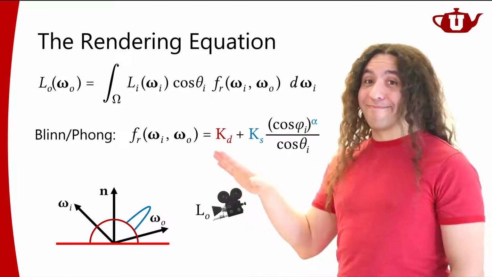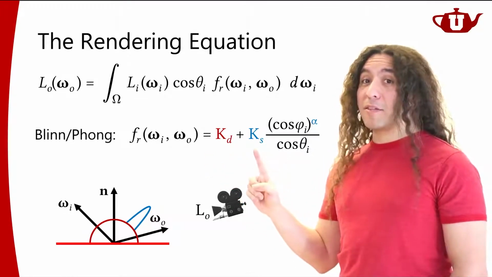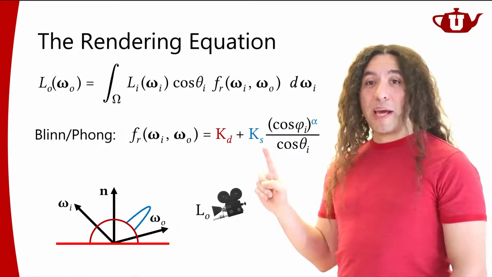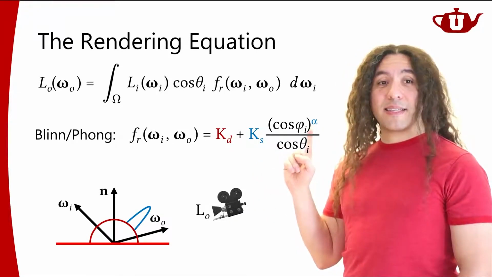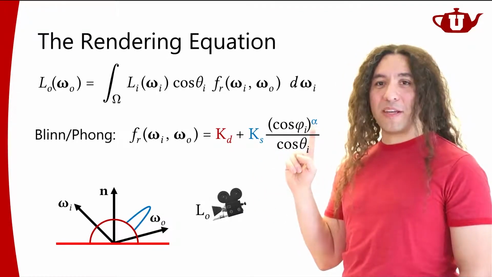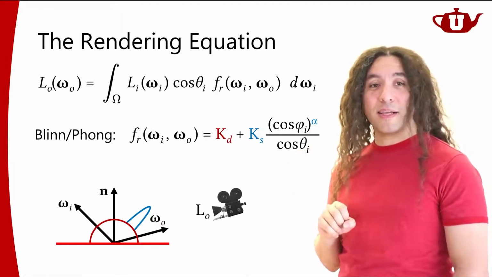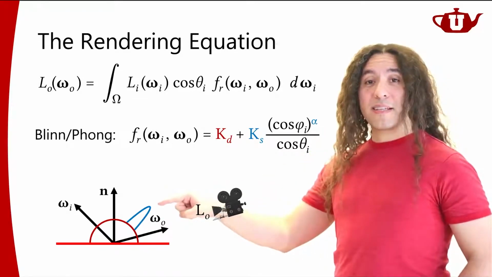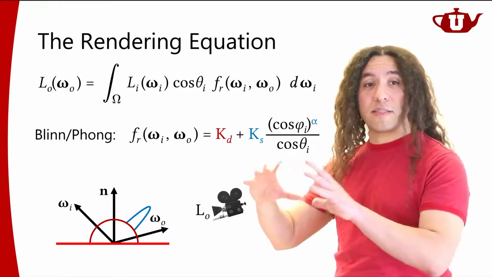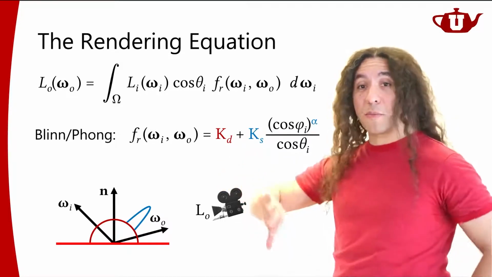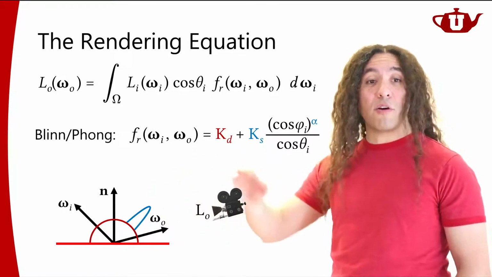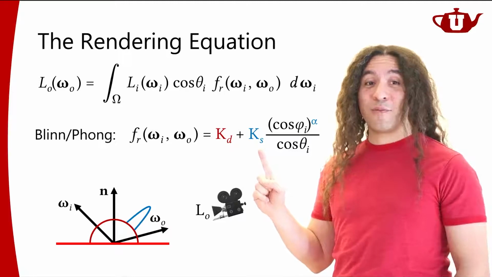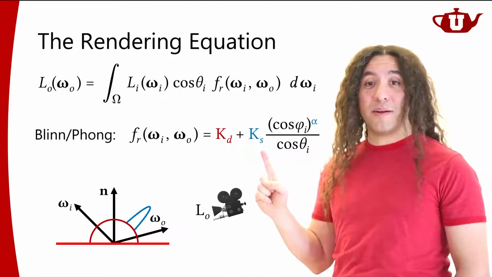Alright, so let's say that we scaled it down. We kind of need to be careful about this specular reflectance term as well. And in this case, it depends on what this exponent, the shininess parameter here, this exponent alpha is as well. As this alpha gets smaller and smaller, this specular reflectance area is going to be larger and larger. That means I'm going to have specular reflectance over a larger area over the hemisphere. So I need to pick a smaller and smaller reflectance for this specular component here.